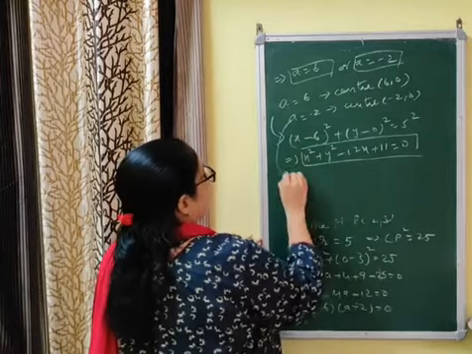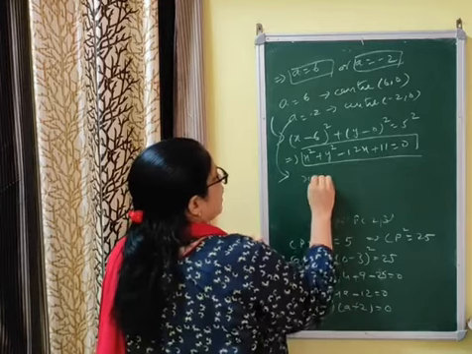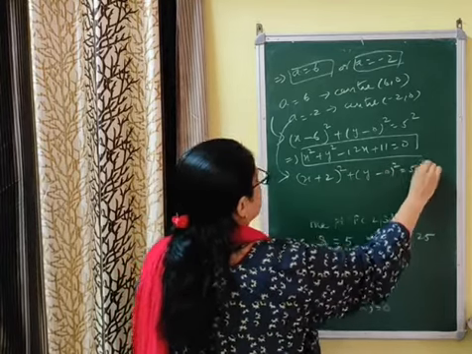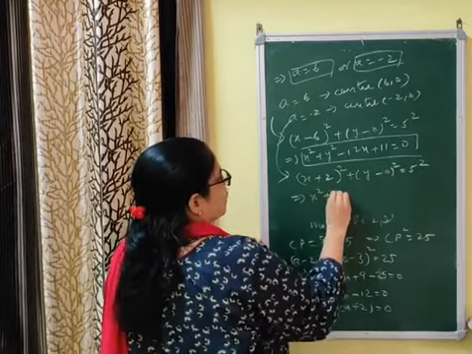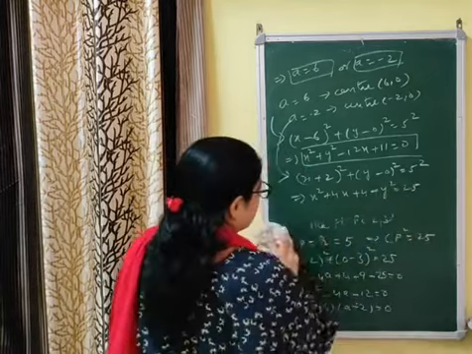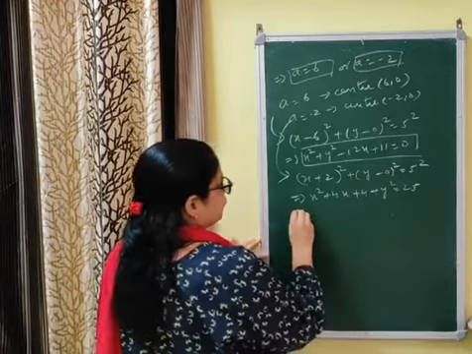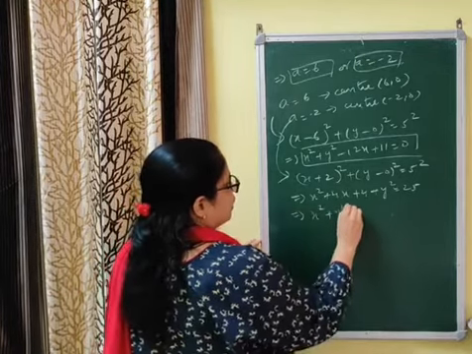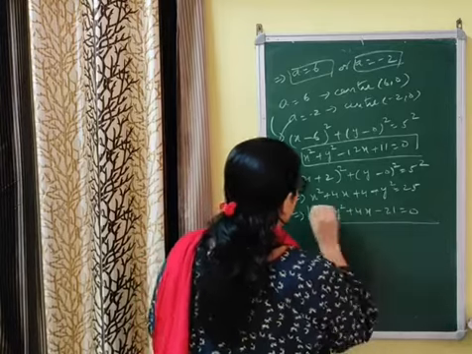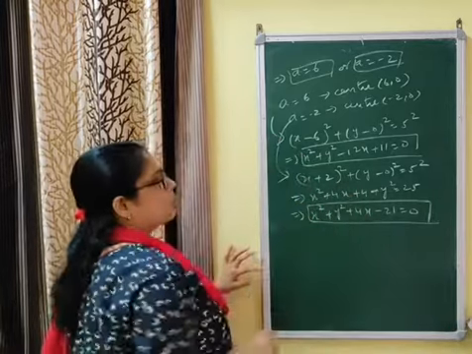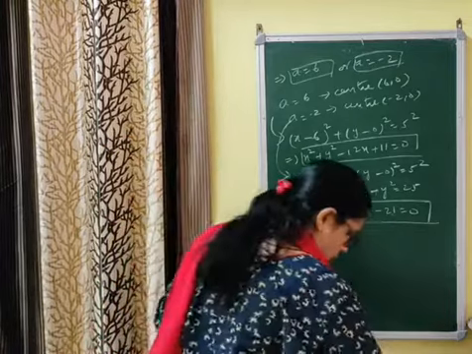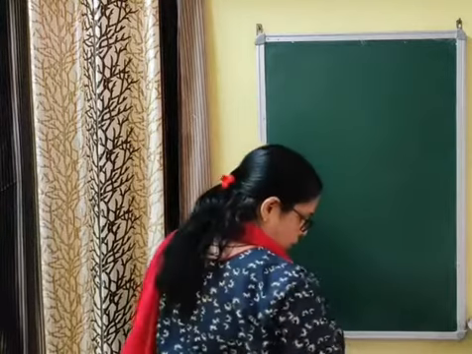Now in this case, again applying central form, you get (x plus 2) whole square plus (y minus 0) whole square is equal to 5 square. By solving it, you get x square plus 4x plus 4 plus y square is equal to 25. That implies x square plus y square plus 4x minus 21 is equal to 0. These are the two equations of the circle. One is x square plus y square minus 12x plus 11 equals 0. Second is x square plus y square plus 4x minus 21 equals 0. This question is completed here.